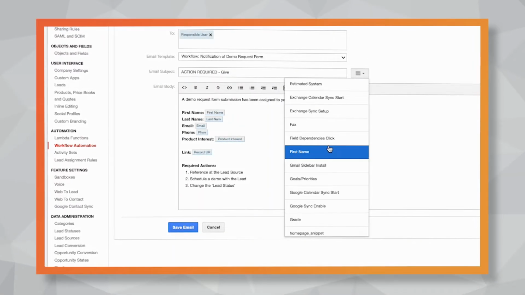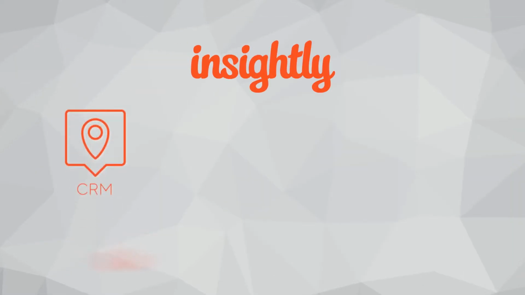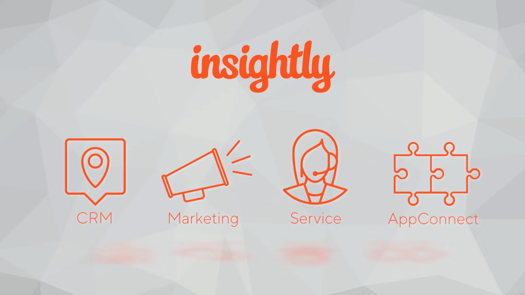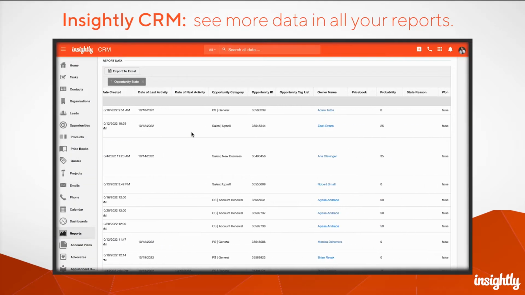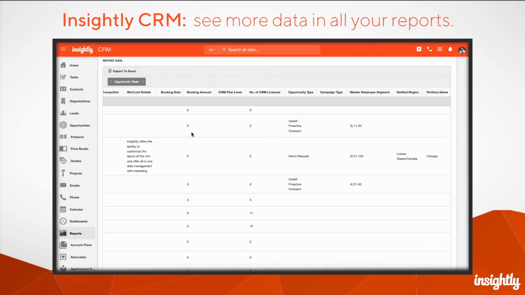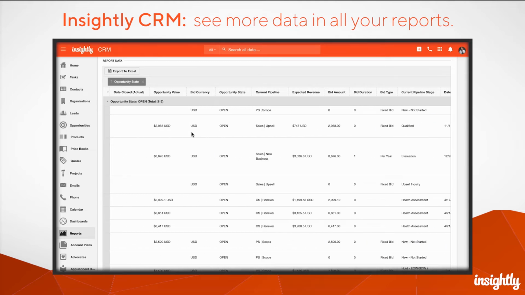This video will showcase a couple exciting new updates to the Insightly platform across CRM, marketing, service, and AppConnect. Let's get started. First up, see more data in all your reports. The total number of columns displayed has been increased to 50. With double the number of records, you'll spend less time searching for your data and more time acting on those